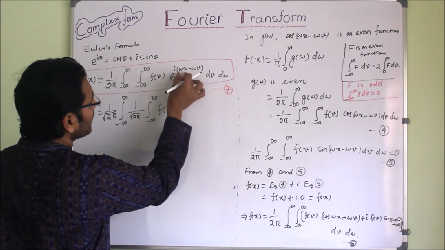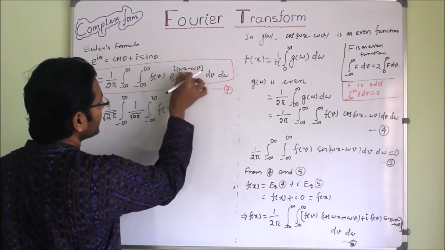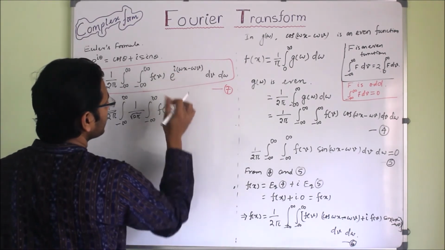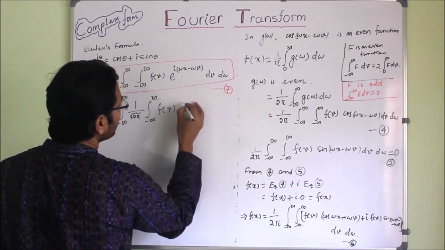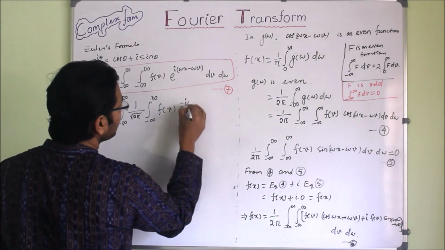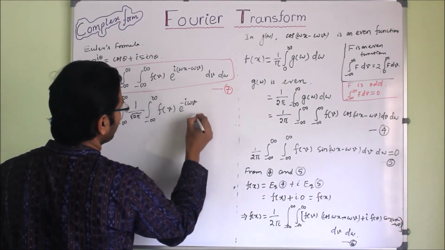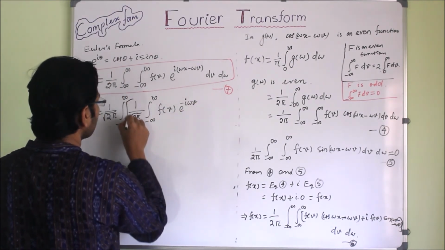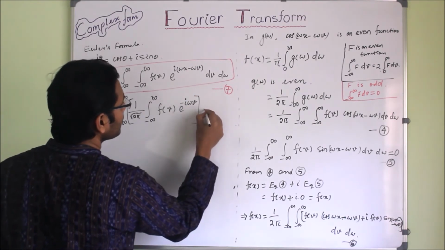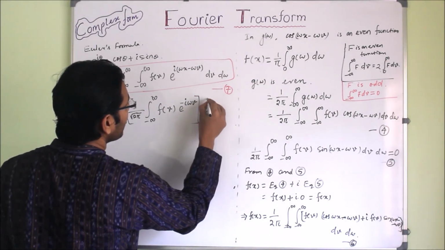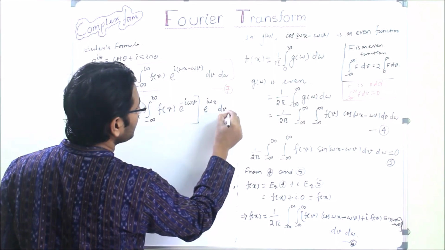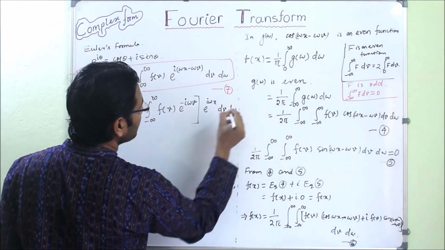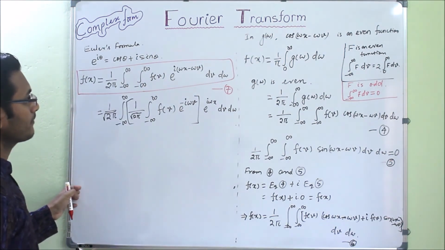So e to the power a minus b form is there. If we open this bracket, what can we write? F of v e to the power minus i wv, okay, into e to the power i wx dv dw, okay,